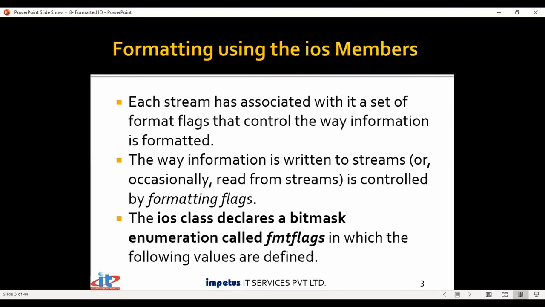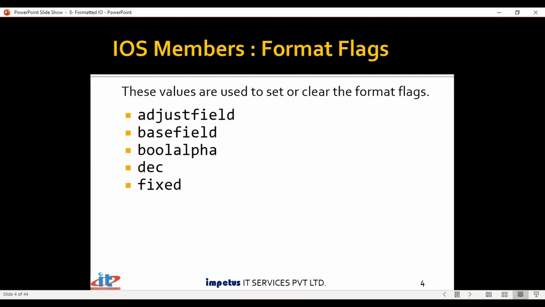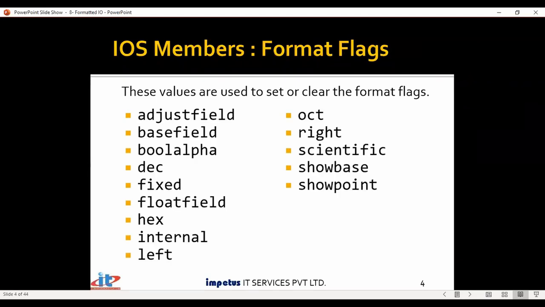It's an enumeration and a bitmask enumeration. When I use the word bitmask enumeration, it means every bit over here you can think about as a separate field. Normally, if I define a structure, say a student structure, with int roll number, char so-and-so, float so-and-so. Here you can assume that there is one variable, and every bit inside that variable is identified as a separate member, or rather a separate flag. And we just have to turn on or off that particular flag. There are various values that you can set or clear. Set means you'll turn it on, and clear means you'll turn it off. And these are the various formatting flags which are available, of which I plan to give you a demonstration today.